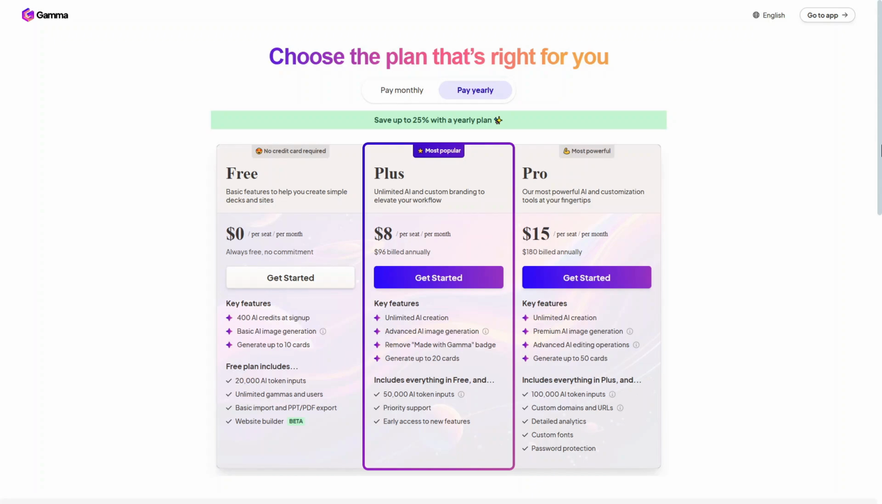the beta website builder. The Plus plan costs $8 per seat per month, billed annually at $96. It offers unlimited AI creation, advanced AI image generation, removes the Made with Gamma badge, and allows up to 20 cards per project. It also includes everything in the free plan plus 50,000 AI token inputs, priority support, and early